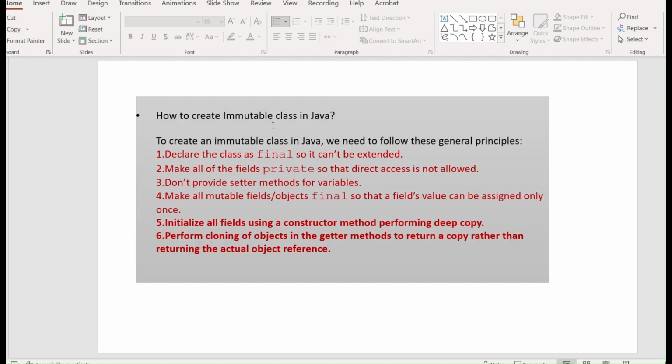Third point is how to create an immutable class in Java. To create an immutable class in Java, we need to follow these general principles. First is declare the class as final so that no subclass can be created for it. Make all the fields private so direct access is not allowed. Don't provide any setter methods for the variables, and make all mutable fields or objects final so